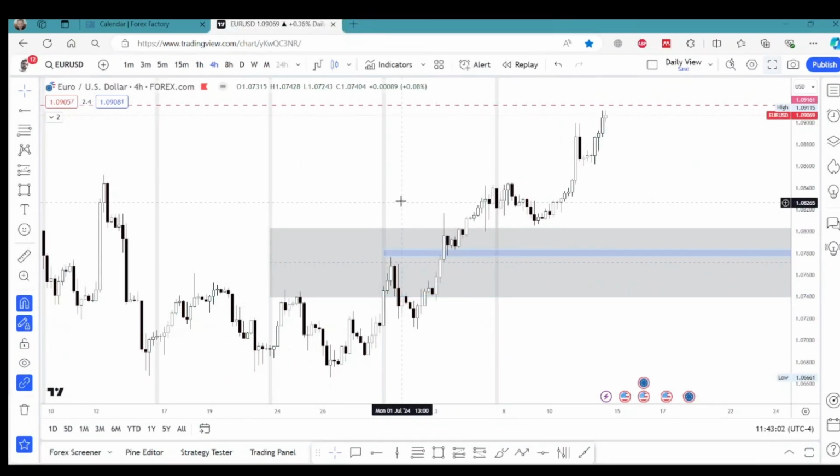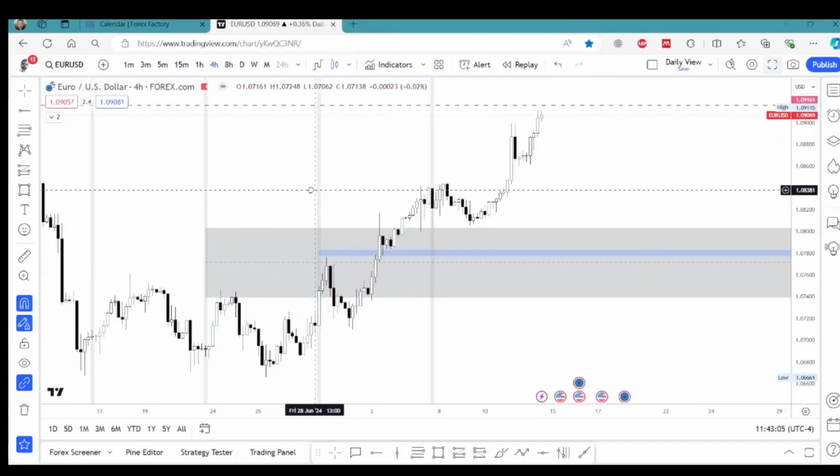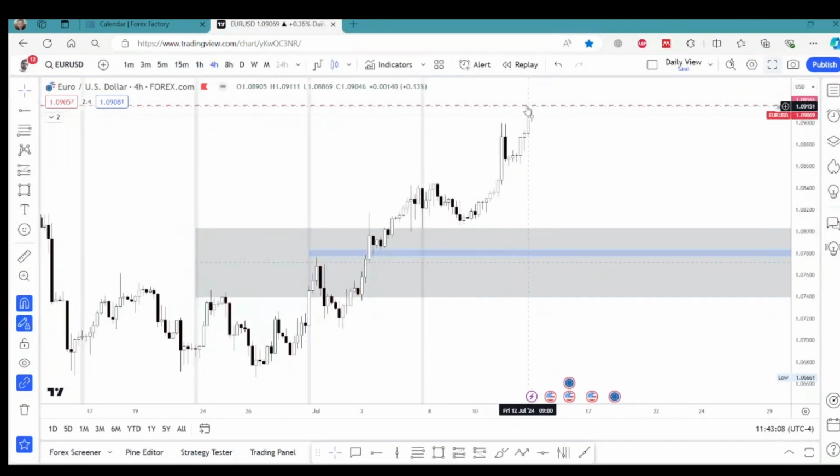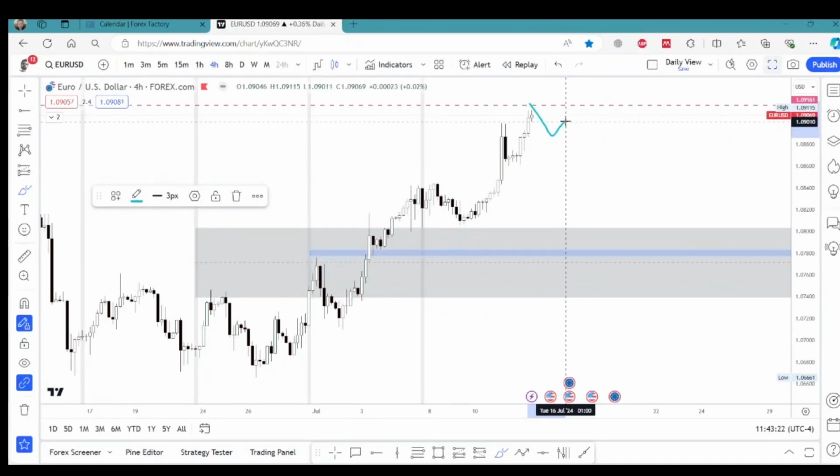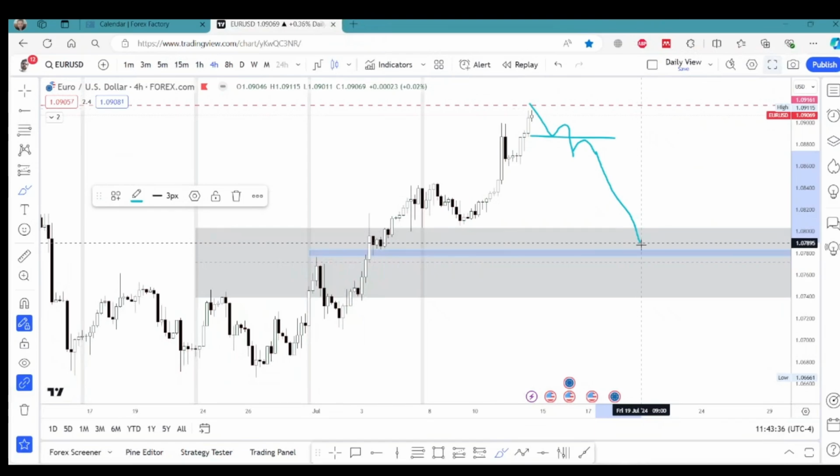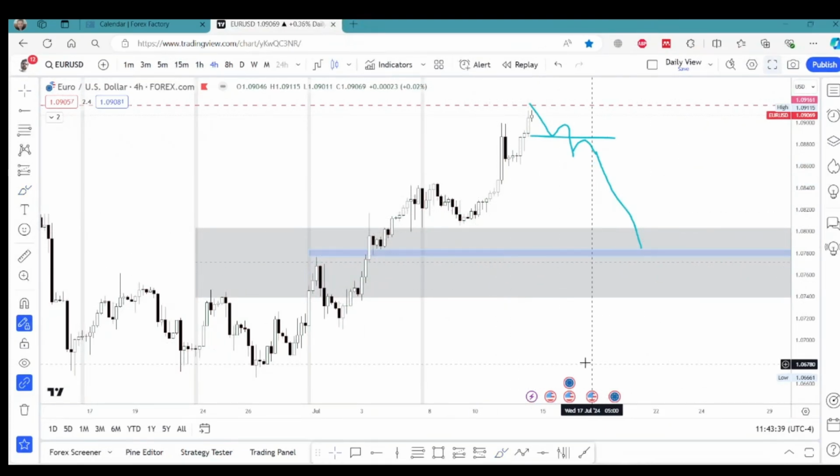blindly, just because I think that this is going to happen. I will only short it once this high is taken out, and this is a very prominent high. Once this high is taken out, and then I see some sort of bearish structure shift or bearish opportunity, that I will take to short this price, short this market, and put my stop loss probably up there and look for this area that I delineated on the weekly chart.